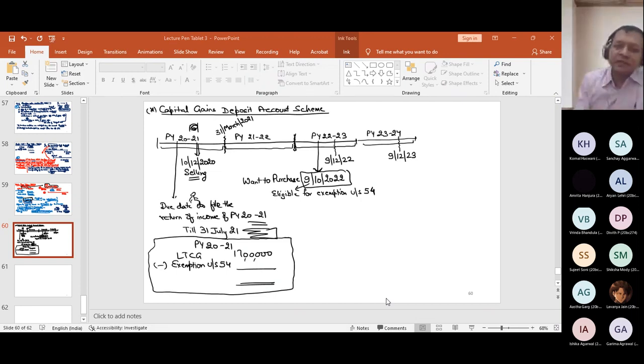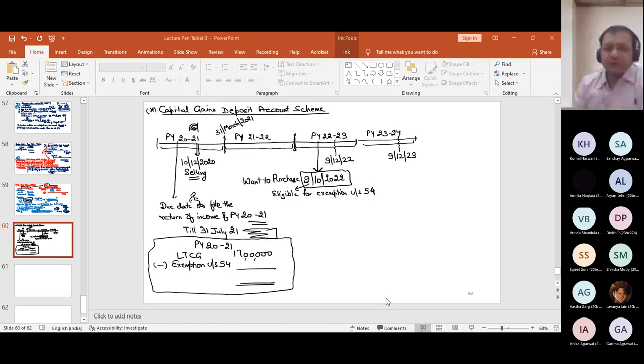At one stage, you are saying that you file the return of income by 31st July 21. But in another section, you say that if you want to claim the exemption, we are giving you 2 years or 3 years limit. But how can I claim that benefit of 2 years or 3 years limit? Because maximum I have 31st July 21 to file the return of income. If I don't purchase or construct the house till 31st July 21, then I will end up paying the tax entirely on 17 lakh rupees. What is the benefit then of section 54?